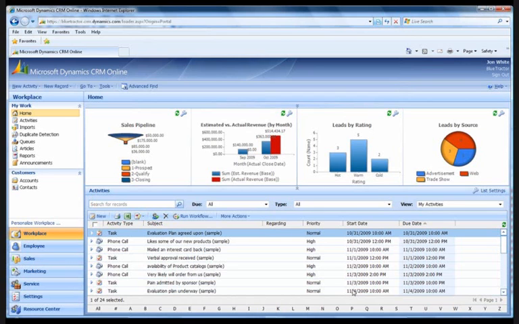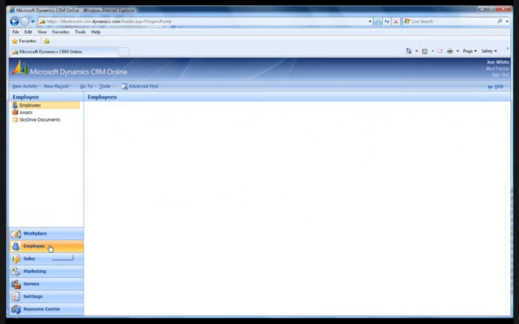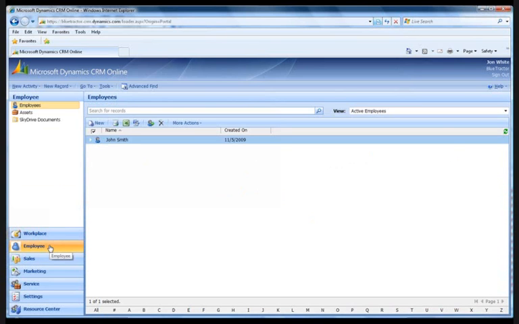So I've added a section here, what I call Employee. Employee allows me to go ahead and track records that hold data for the employees in the company, as well as I can store company assets and track those. So here I have an asset as a laptop. If I open that up,